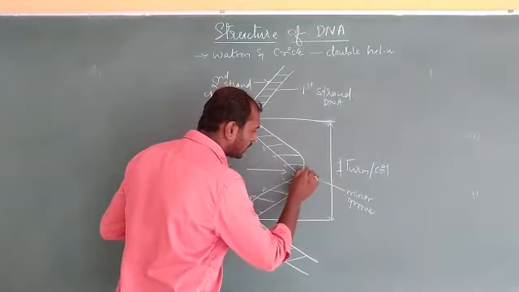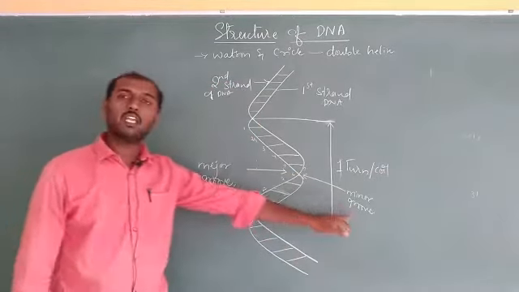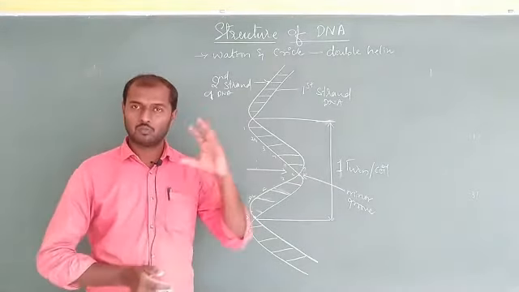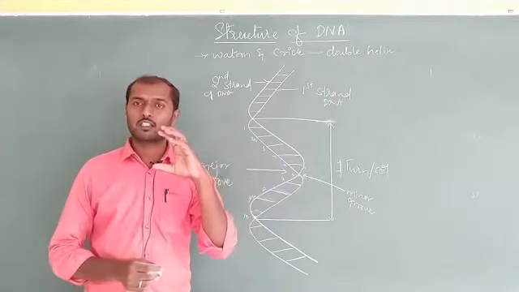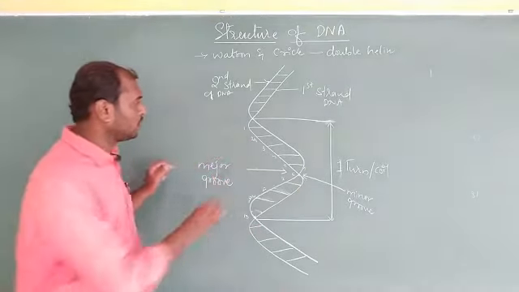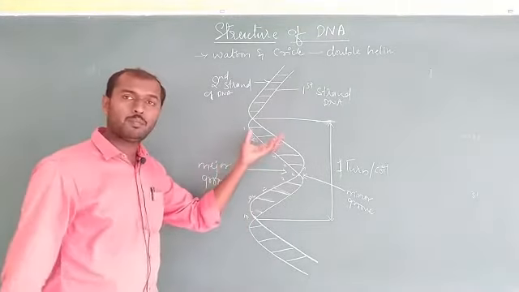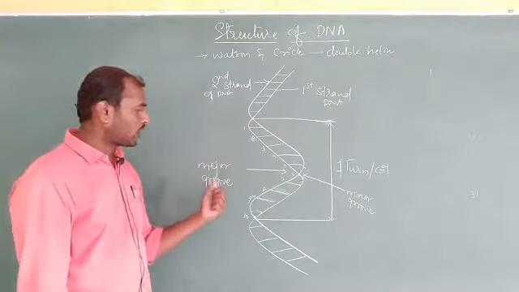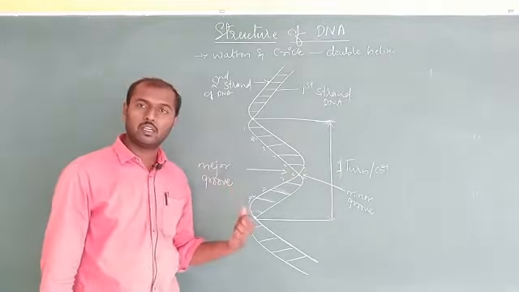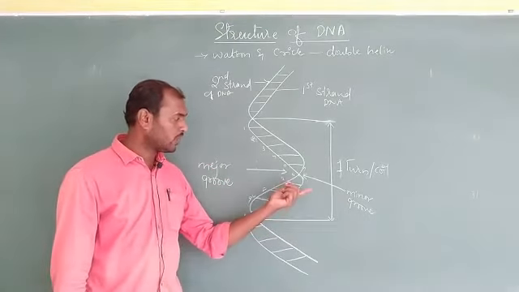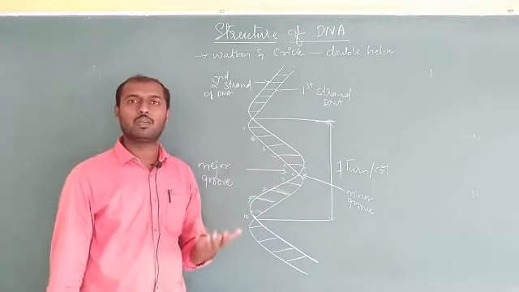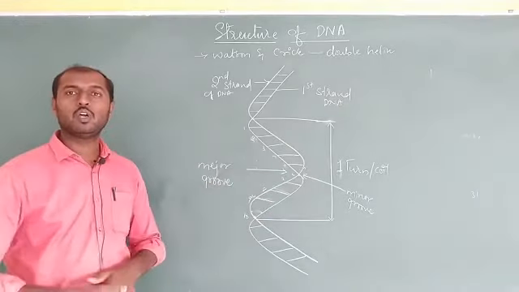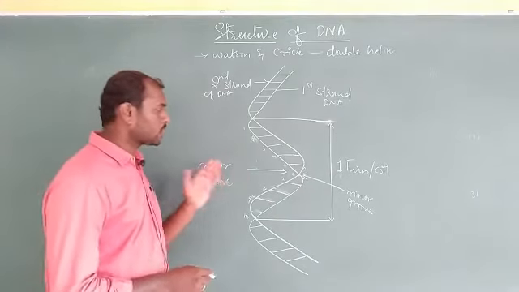This is what we call minor groove and this one is a major groove. So a single turn of the DNA in a whole DNA structure, when you are going to take a single turn of DNA, is able to have 10 base pairs and one minor groove and one major groove. So every DNA in one turn is going to have one major groove and one minor groove. This one is the standard diagram of the DNA. So there you are going to get one major groove and one minor groove, and here we are going to get 10 base pairs.